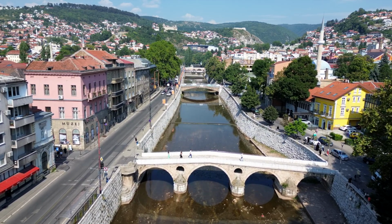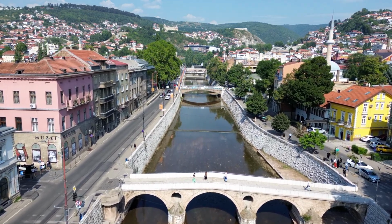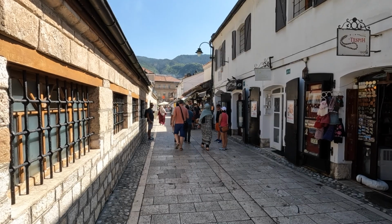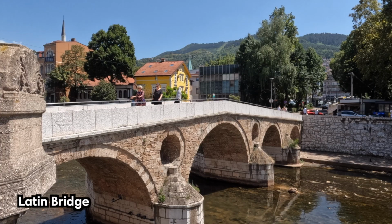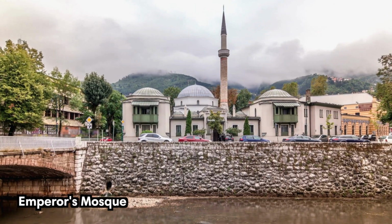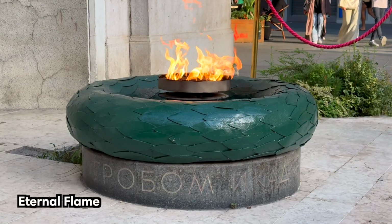Sarajevo's Old Town offers an interesting mix of history, architecture, and cultural delights. Wander its cobblestone streets and take in some of the most important sights of the city. These include the iconic Latin Bridge, the Grand Emperor's Mosque, the elegant Sarajevo City Hall, the Eternal Flame, and the